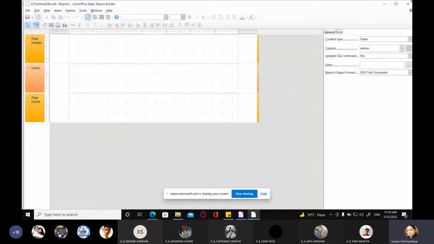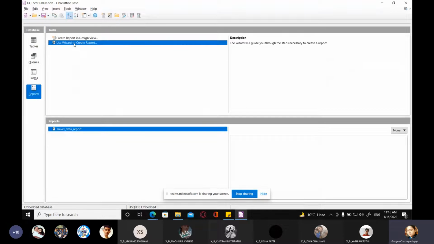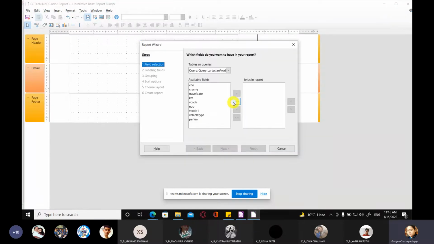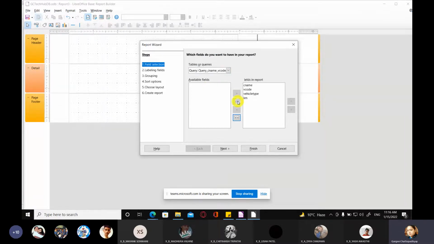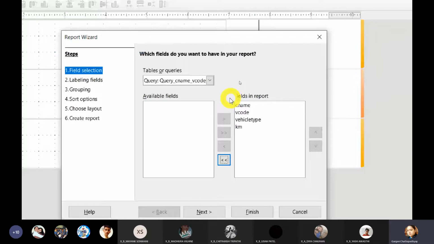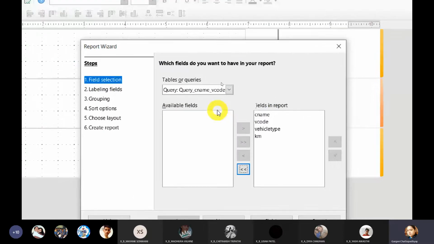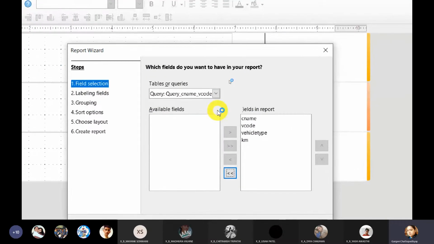And now I'm going to close this once again, and let us use the wizard again. So we go to the wizard, and from here I'm going to select the same query which we had selected earlier, fields in report. See, I'll show you one example of a glitch. You can see something here. They should have written it as Fields, but they forgot to type the F over there. So this is one major mistake.